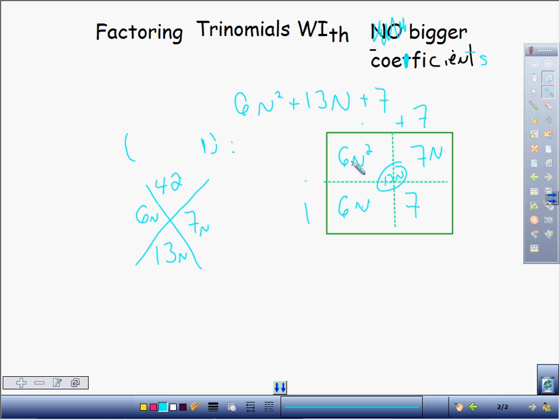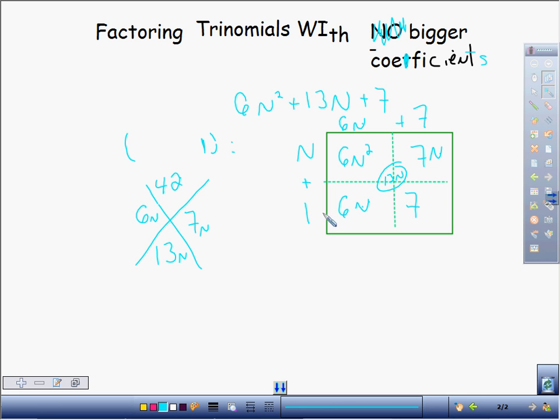What goes into both 6n squared and 7n? What do they both have in them? An n, okay? What do both 6n squared and 6n in this column have in common? They have a 6n, okay? Now, if I did this correctly, and if you didn't know that this was 1 and